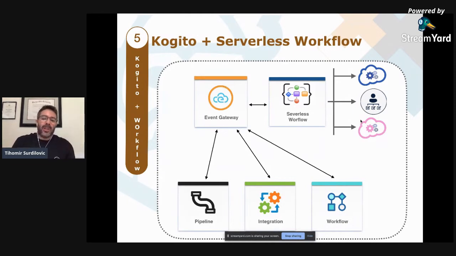The way we fit in is, we have all these different solutions or applications that are running in our cloud platforms, and we see ourselves sitting on top of that.